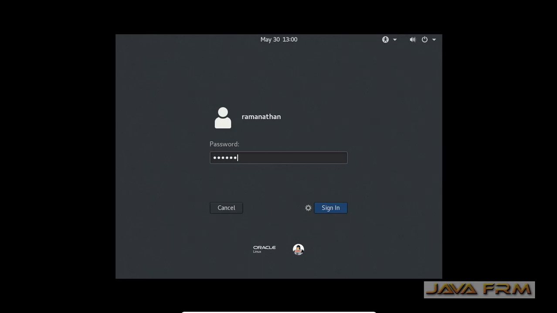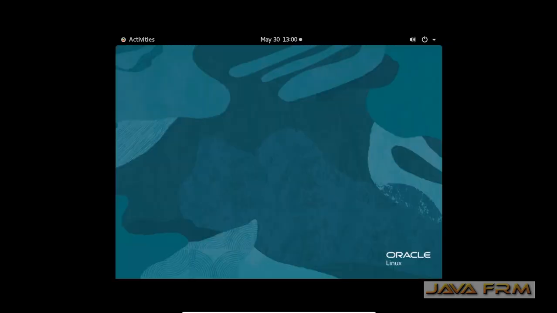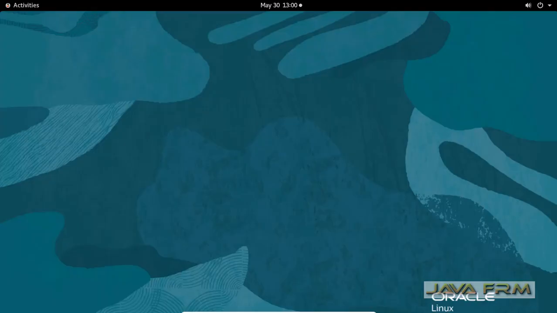First I am going to log in. Yes, the screen resolution has adjusted automatically. I can view Oracle Linux 8.4 in full screen.